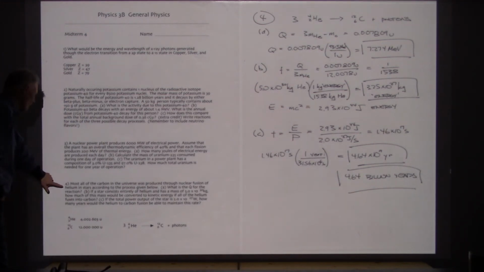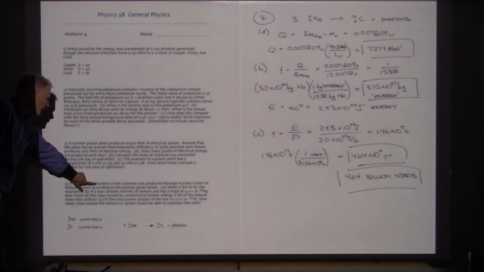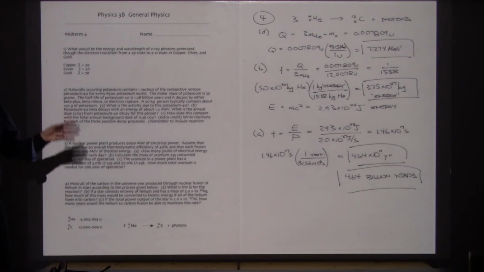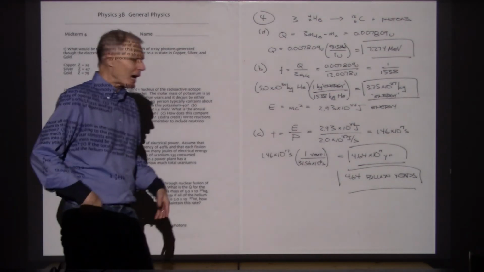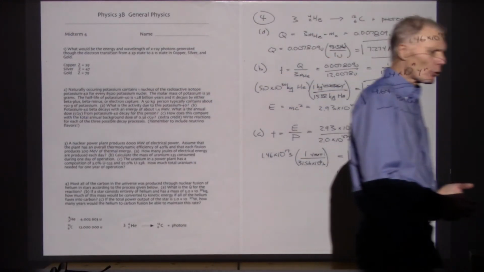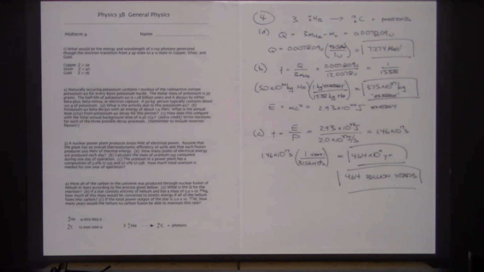So for the last problem, it's saying, where did all the carbon come from? If we go back, you know, billions of years, has the amount of carbon in the universe remained fixed, or is the universe somehow creating more and more carbon as time goes by? Now in chapter 44, what we learned is that nucleosynthesis, the creation of any nuclei other than just simple protons,